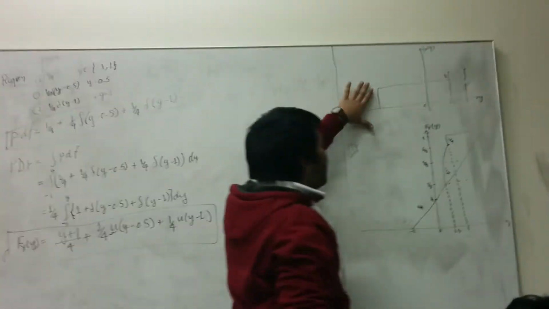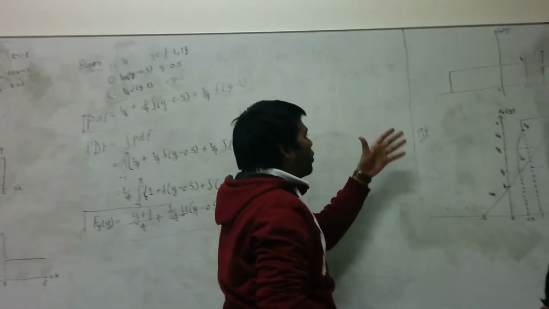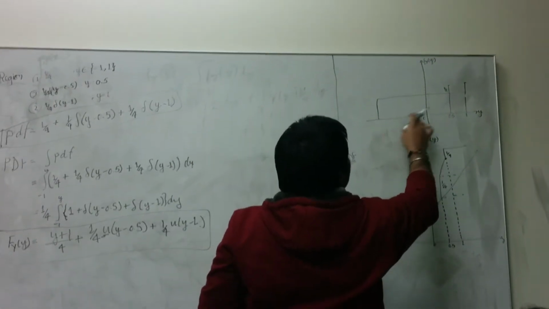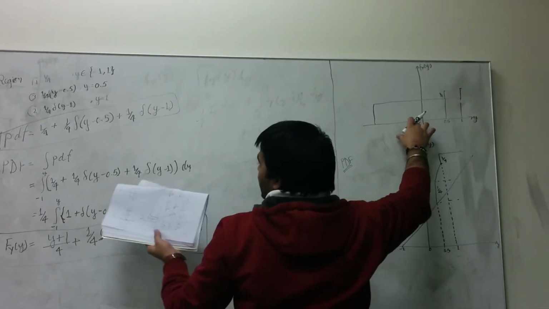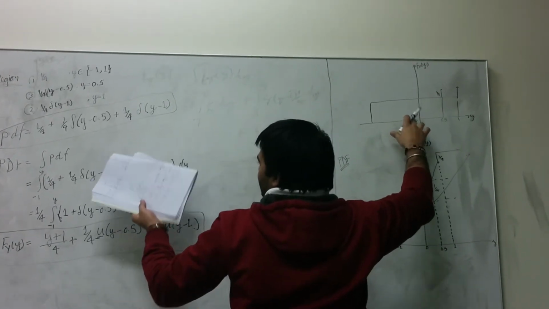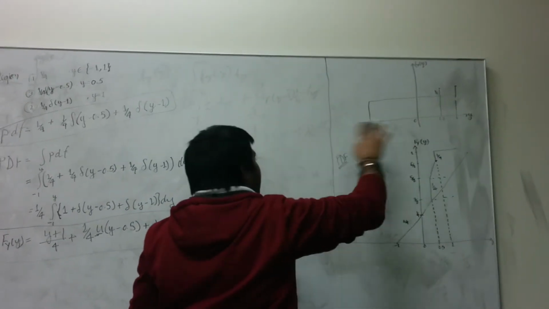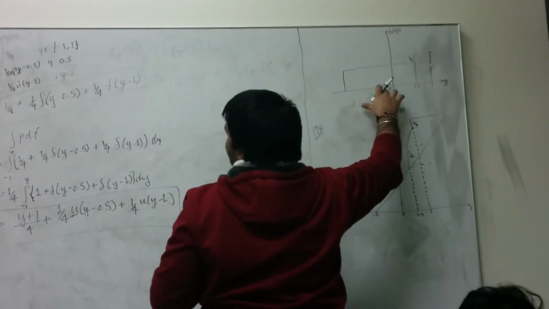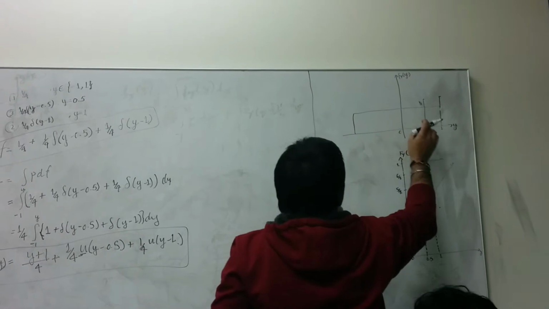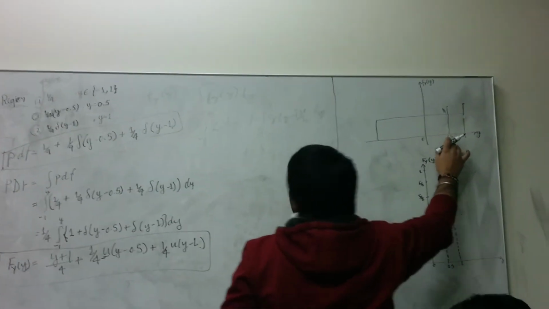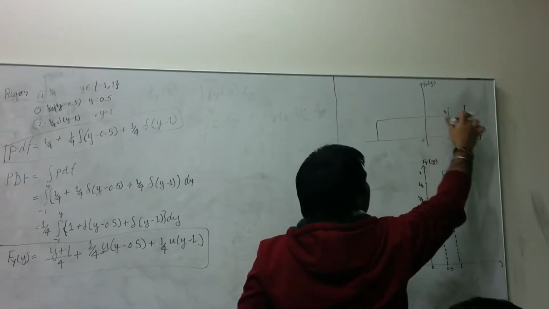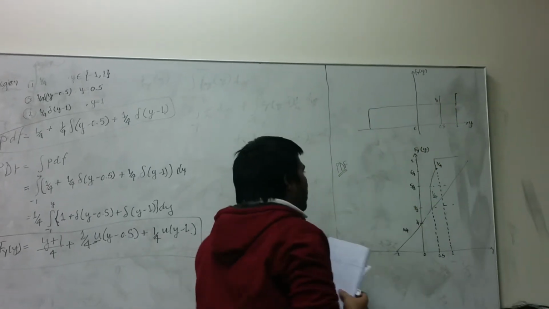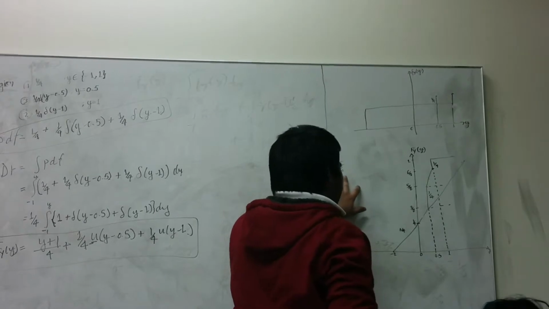There, I have already made the graph. Now I will show you how to plot it. So the probability density, the value, is discrete, so while plotting it is a discrete plotting. From minus 1 to 1, the value is 1/4. At 0.5 it is also 1/4, and similarly at 1 the value is 1/4. Now we will plot the probability distribution function.